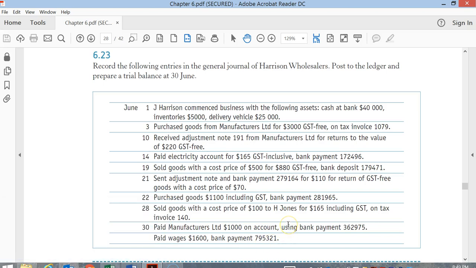Okay guys, quick little video to help out with 6.23 for Harrison Wholesalers. I understand there's a bit of difficulty with the GST and the transactions, and I think, casting our minds back to posting to ledgers and how to treat GST in the ledger, and the trial balance needs a little bit of work. So I'm just recording this as a bit of a backstop, okay, to help people